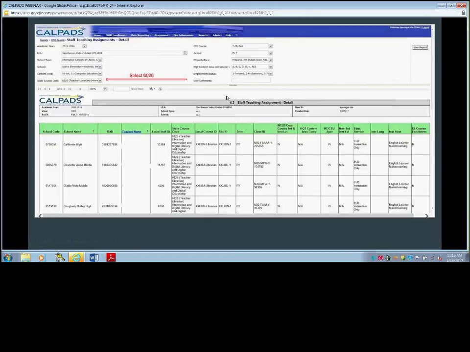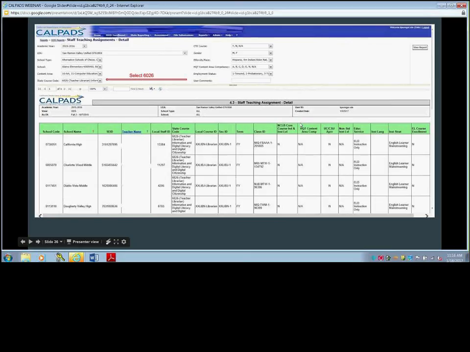So here is a look at the actual report. This is what it looks like in CalPADS, and obviously we've masked the teacher names. But if you use this filter here, 6026, for your district, it's going to tell you every single teacher librarian that you have reported in CalPADS, and all of the other relevant information about this staff person and the course specifically. So again, it's Report 4.3, staff teaching assignment detail.